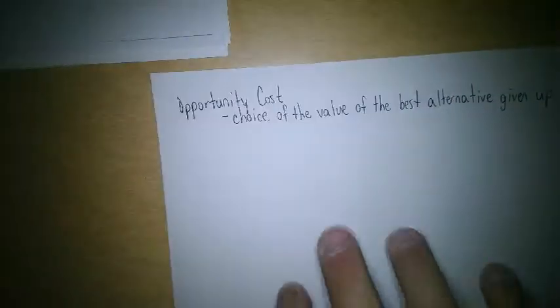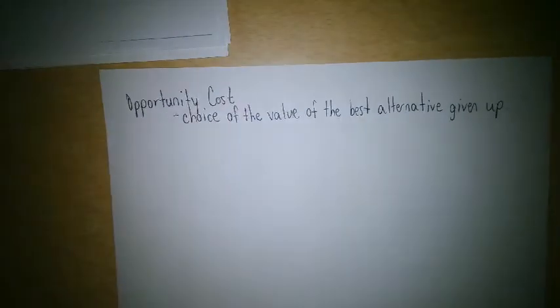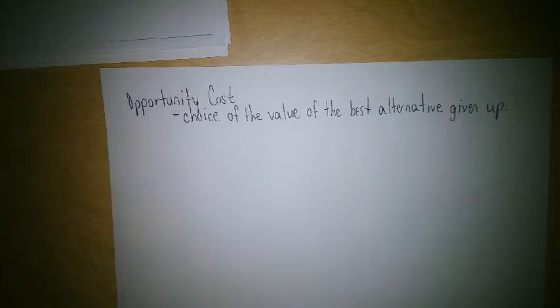So let's make this simple. Opportunity cost is what is given up in order to do something else. You guys understand that? So let's say today after school you have a math test or something coming up tomorrow, and you really need to study for this math test. But your friend has invited you to go to the mall or to the movies or whatever it is you guys do to hang out.